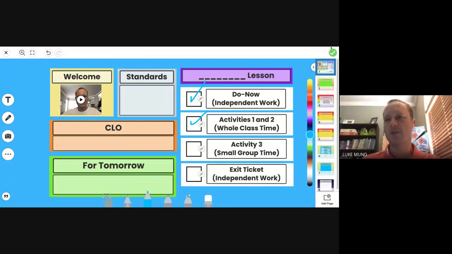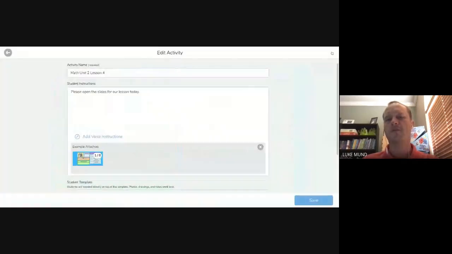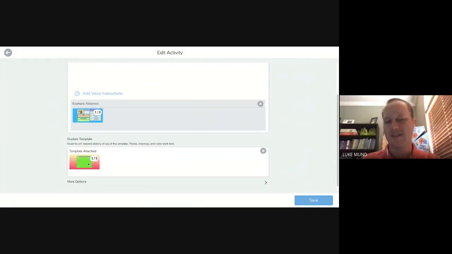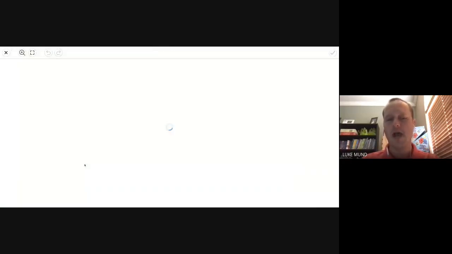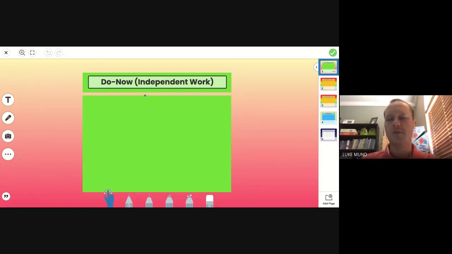And we had some questions before of like, hey, how does this look different for the teacher space and the student space? So notice I had my CLO and stuff on there, links out. Well, I don't need my CLO in my student template. I just need their work. So here's where my students can respond to their do now in their own copy of this. So I have my own teacher workspace, and then the templates is where my students would work as well.